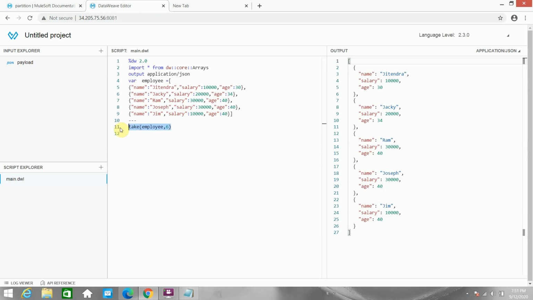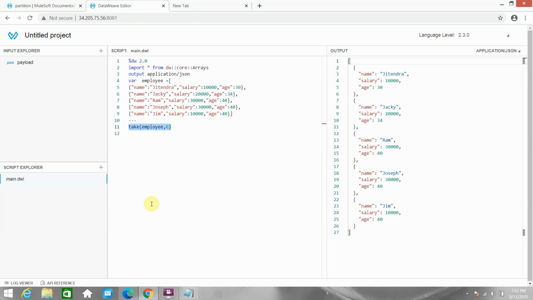Now we will move to partition. So now I want to move all the employees into the success partition when salary is greater than 10k, or 10,000, and the rest of the employees into the failure partition.